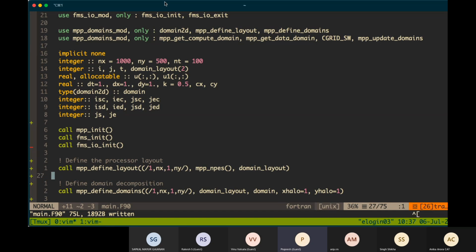You might want to override this and have your own processor layout. In that case, you can avoid this and just give the domain layout as an input, an array of two values. If you multiply those two values, it should come to the total number of processors.